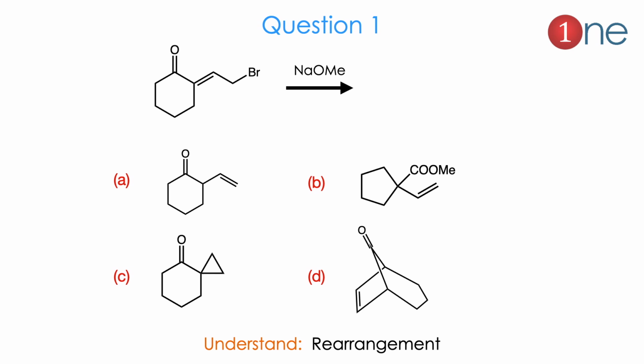Let us see the first question, which is a cyclic ketone attached with an exocyclic double bond, and bromide and base are given. They are asking you to guess the product, whether it is simple bromine elimination, or COH formation, or 3-member ring formation, or bridged carbon formation. Here one rearrangement is there, you should guess it from the reagent and starting material.